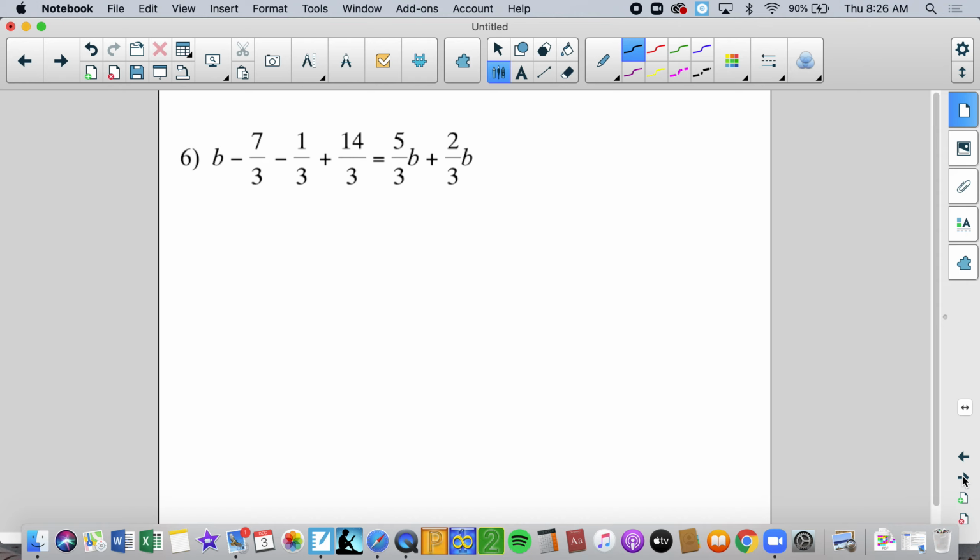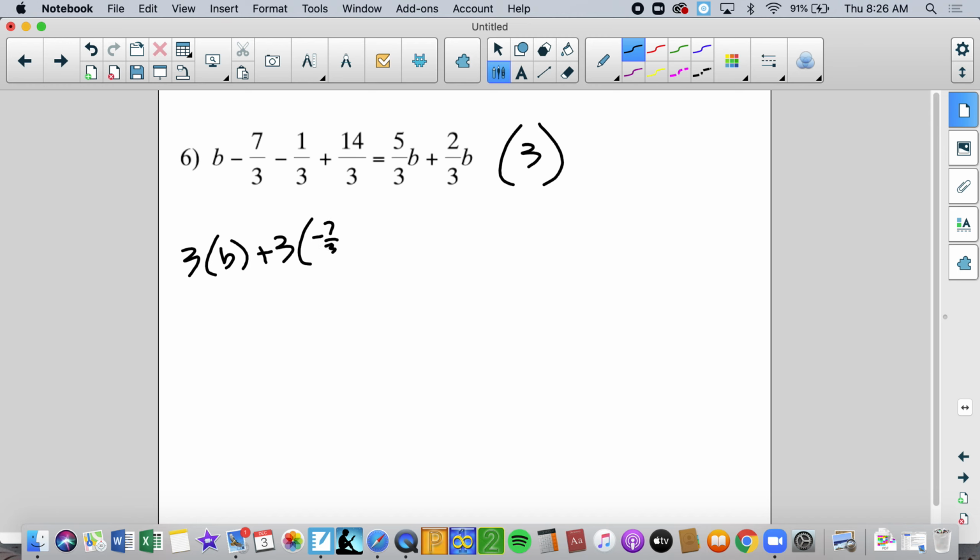We can't just take all the tops of these because they all don't have 3's. We had talked about, hey, if they all have the same denominator, we can just scrape the top, but that doesn't work because they all don't have 3's. This b does not have a 3, so we can't just scrape the top. Some of you will understand, but the least common multiple is 3, so we do 3 times b plus 3